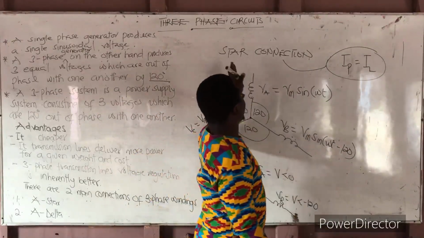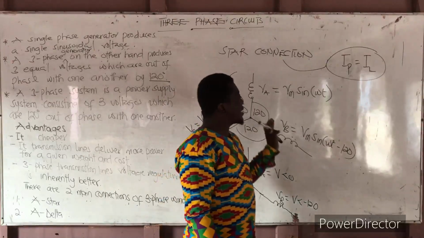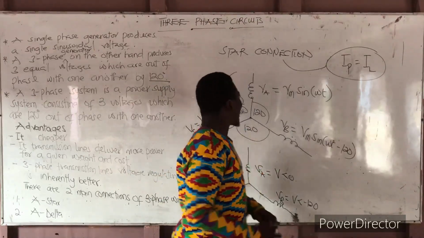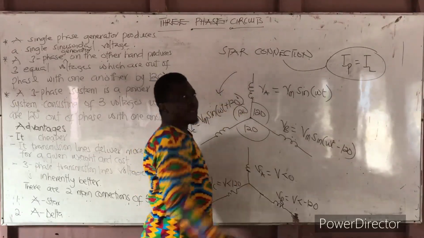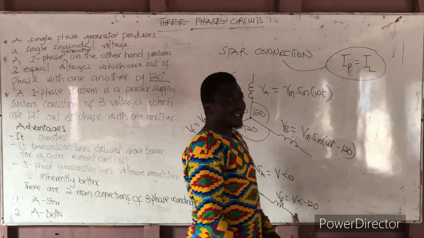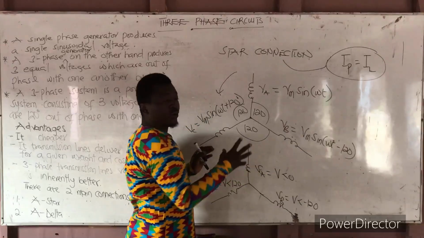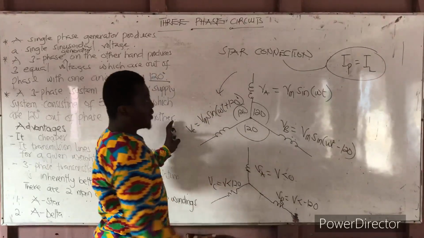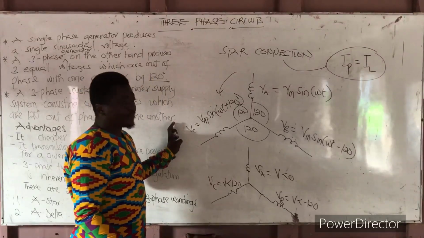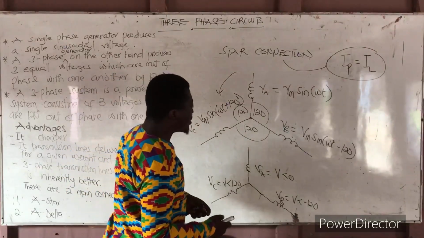So in star connection, the phase current, the current that is going through this winding, is the same current that came from the main source. And the same current is going to flow through the whole circuit. That is the good part of the star connection. But what about